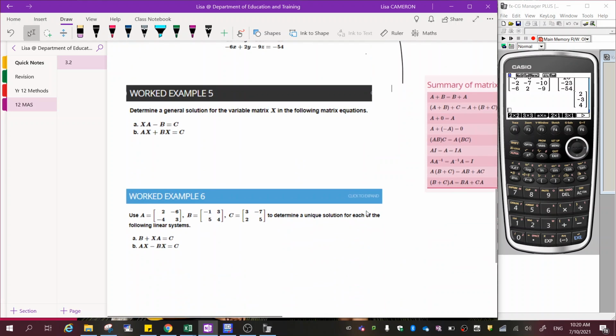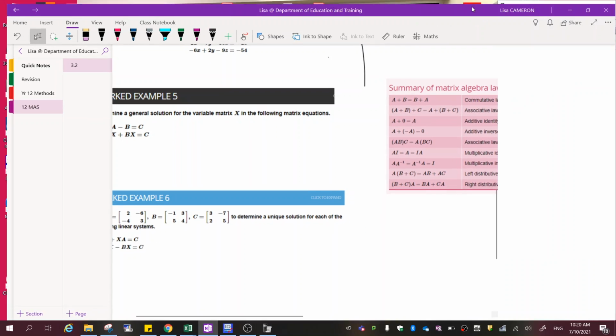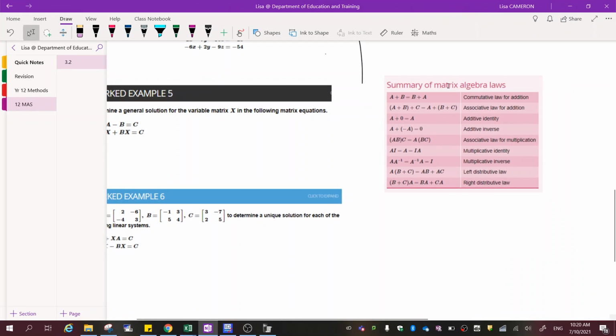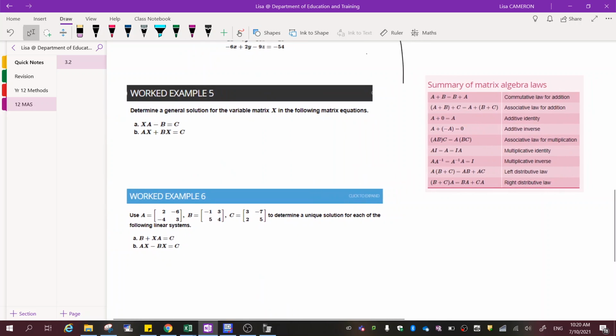So next one we're going to do, we're looking at applying a summary of our matrix algebra rules. So these are all the different laws that we can use for matrices. They're slightly different to your standard algebra rules just because of the way that matrices interact. Remember, A times B is not the same as B times A. So when we're determining a general solution for these,